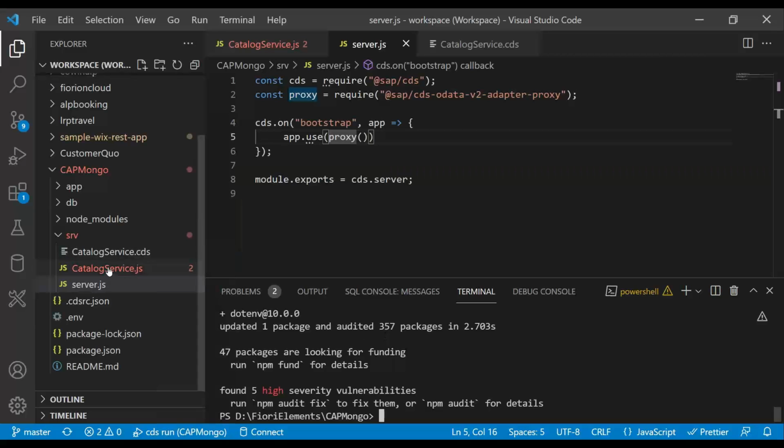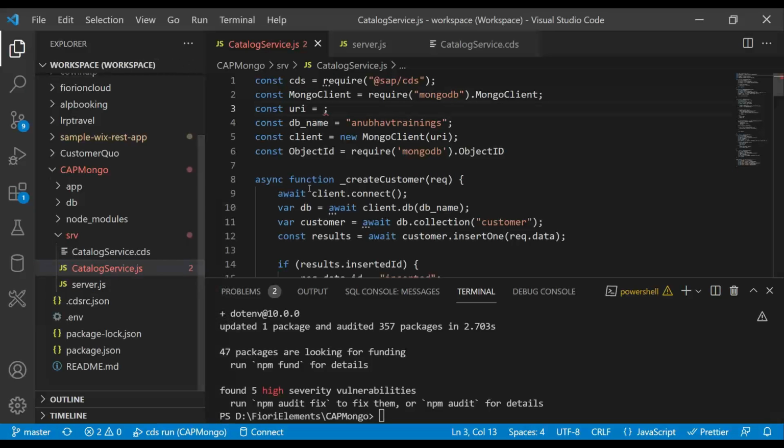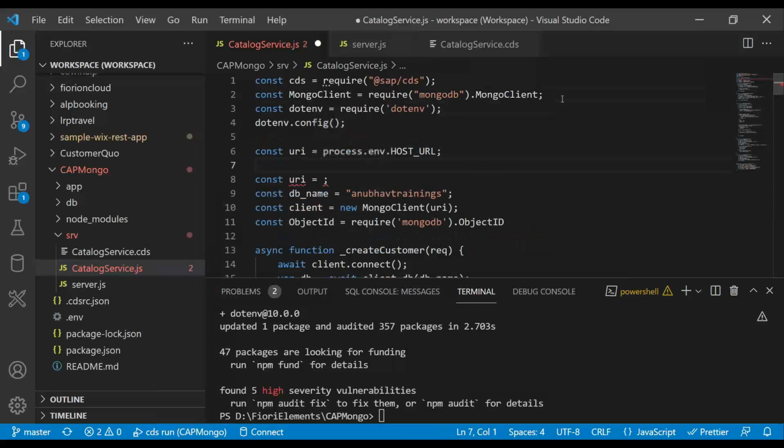So I'm going to switch back to my actual service code. If you remember, here is where we earlier had the hard-coded URL, which was used by every developer. Now I have to tell it that this URL is no longer hard-coded. This has to be picked up from my env file. So we just have to paste this code. And this module has a specialty: it will read all the environment variables, and eventually these variables can be accessed through process.env followed by the variable name.